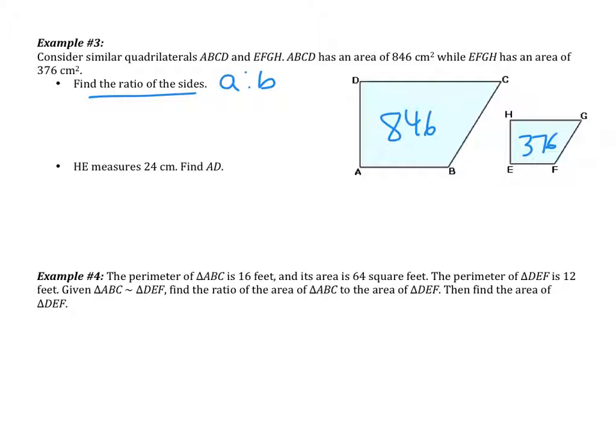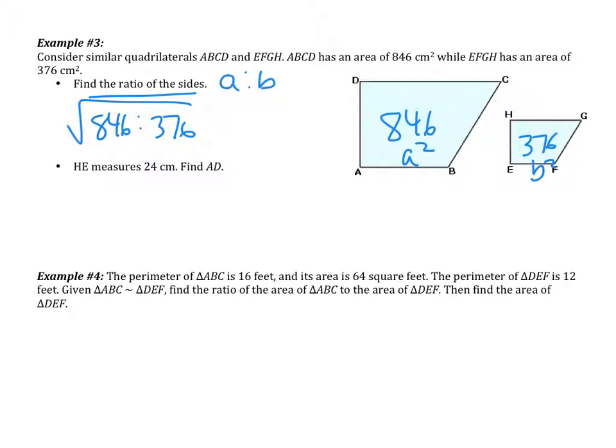Any ideas? So many ideas? Give me one. I was kidding. You've already done this. Square root. Very good. Because remember that these numbers represent, this is like your a squared and this is like your b squared, right? Okay, so you've got 846 is to 376, and you want to do the square root. Now, simple thing that I would do, just keep in mind, okay? Since there is no square root of 846 and there is no square root of 376, I would type in